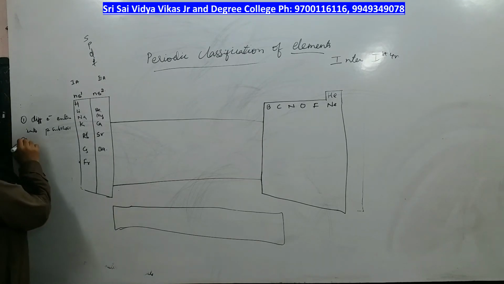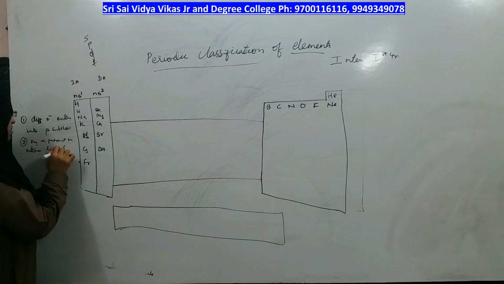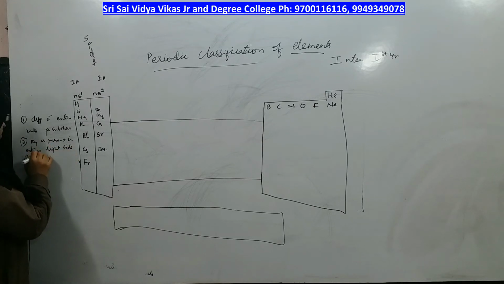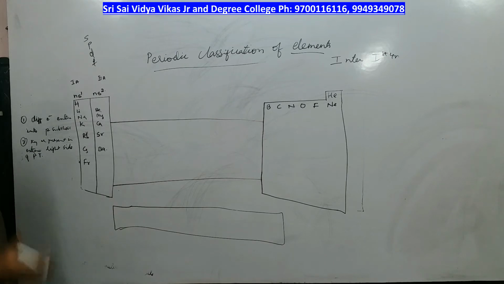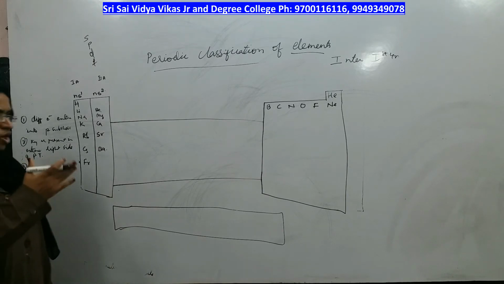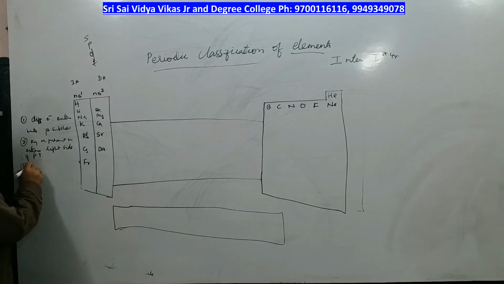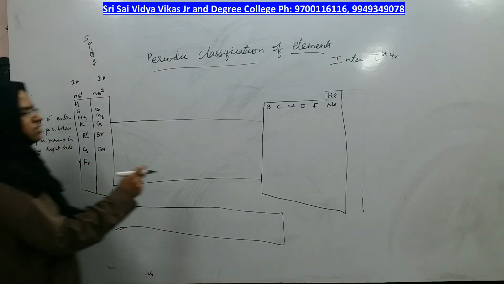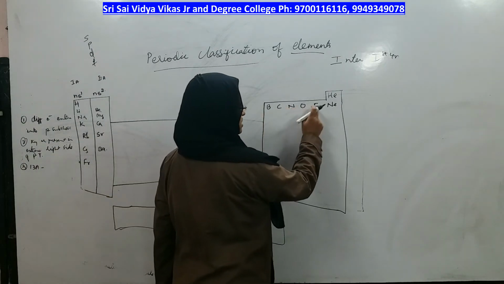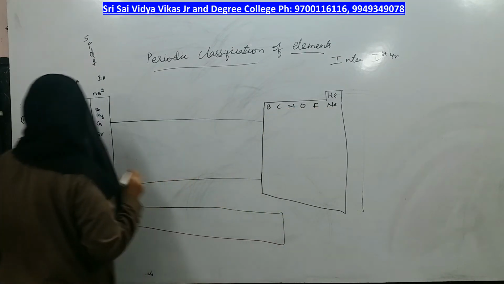Second point, where are they present? They are present in the extreme right side of the periodic table. Now, what is the general electronic configuration of those elements, right. Who comes under P block elements? How many groups come under P block elements, right. The groups from 13th A, 14th A, 15th A, 16th A, 17th A and 18th A group elements.